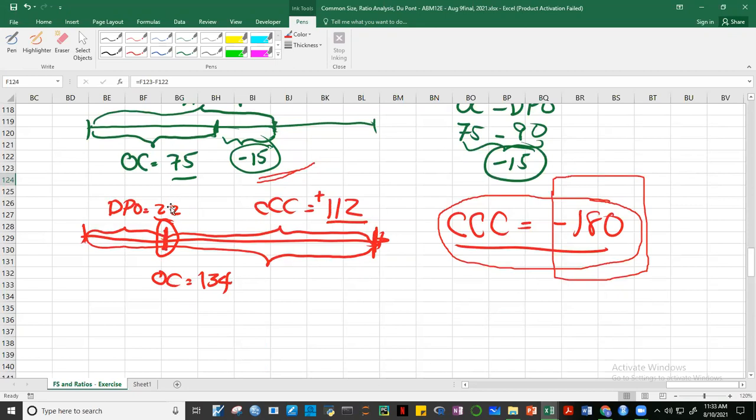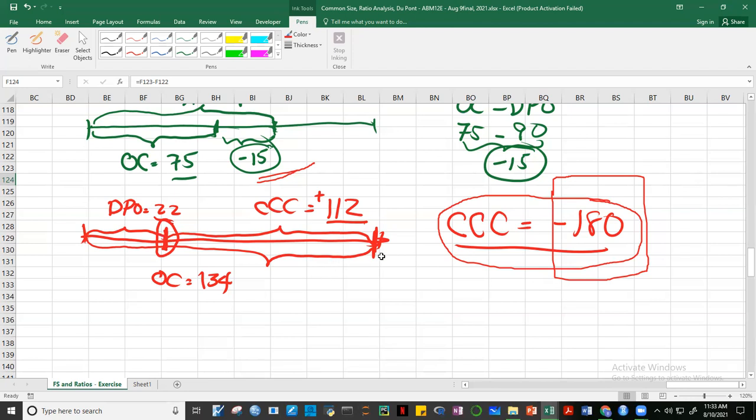No? Babayaran natin on the 22nd day. Tapos mangungutang tayo para mabayaran yan. And then the financing will be 112 days bago natin mabayaran yung inutang natin. Okay, so the cash conversion cycle tells us of the number of days na kailangan ipapa-finance natin yung payables natin